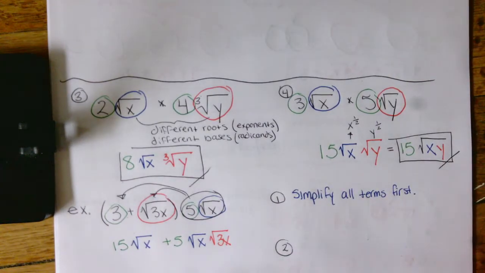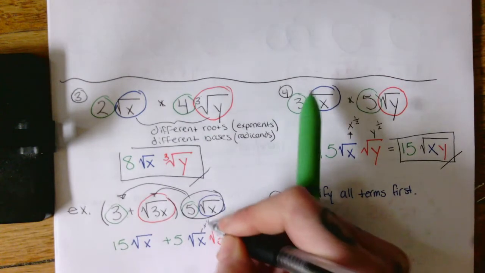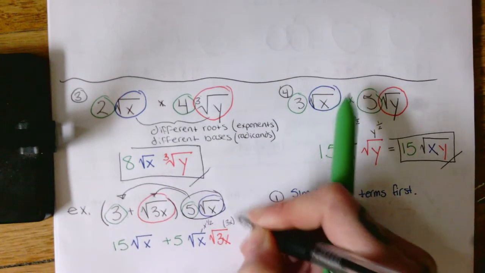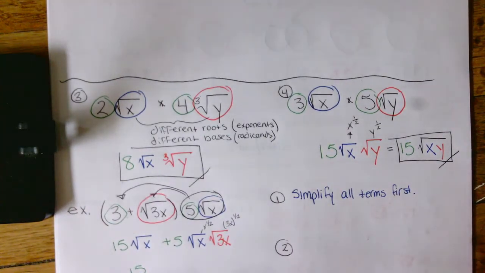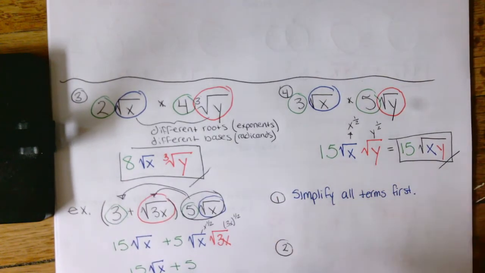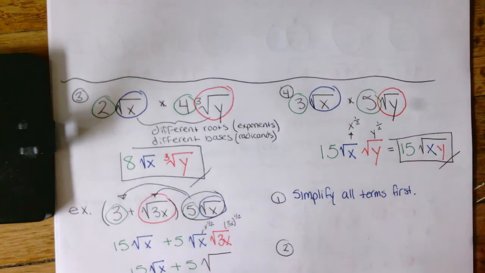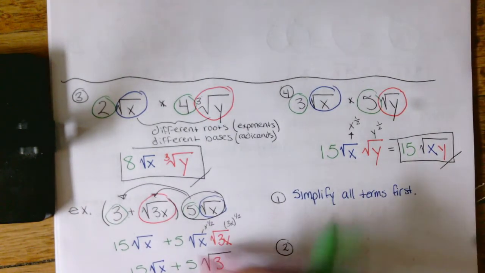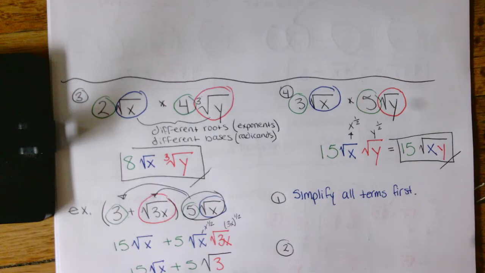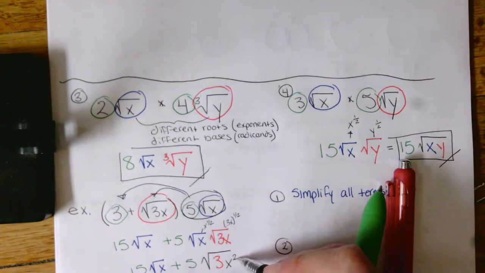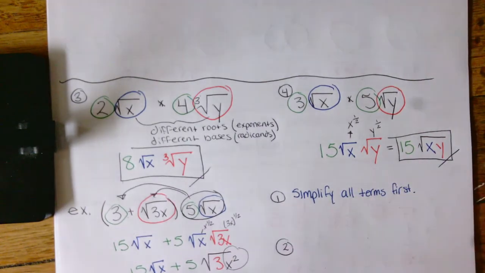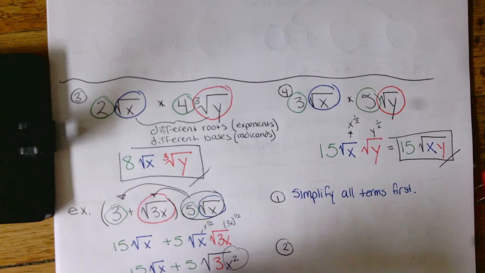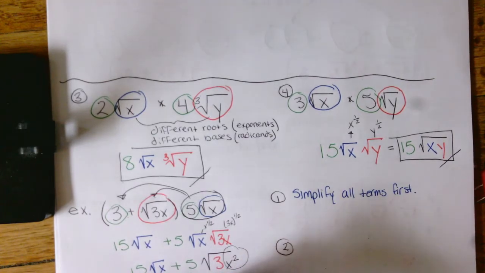Both of these terms, x to the 1/2, 3x to the 1/2, both of these are being raised to the 1/2. So it's like I'm taking the square root of both of them. So I can simplify this as 5 square root 3. Now I'm going to multiply these together and I'm going to get this x squared. Now, square root of a squared, I can simplify this term right here. So this becomes 15 square root x